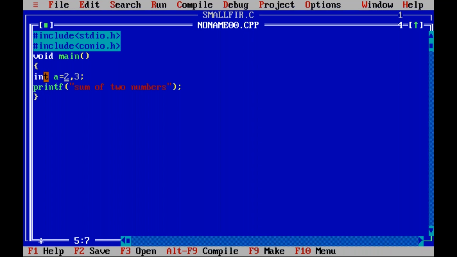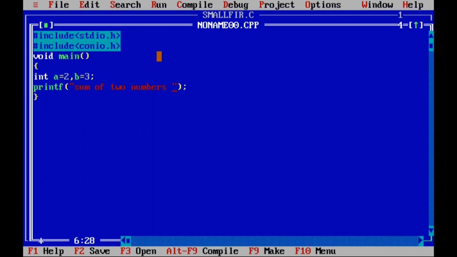Integer data type represents what kind of data type it is. This is of integer data type. Integer data type is simply nothing but having the values 1, 2, 3, number values. So this variable a, this identifier, will have integer type values. So a will be having 2 and b will be having 3. So what I can do now is add a and b and see the result. Fine. Printf of sum of two numbers